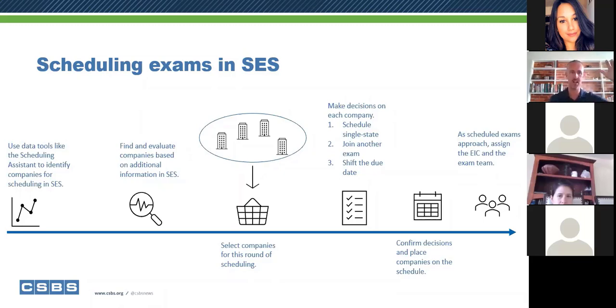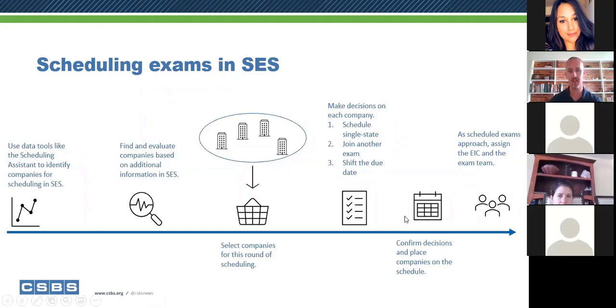You take those 10, and you find them in SES. We make it easy for you to find them. We allow you to filter and sift through the thousands of companies that you examine, and find each of those 10 in SES. So you walk them over, and you've got your 10 now in SES. You put them in what I call our basket or a shopping cart. If this is feeling a lot like shopping online to you, it's because it actually operates very similarly. You find the 10 companies you want to examine, like 10 grocery items you want to put in your shopping cart, and then you proceed to the next step.